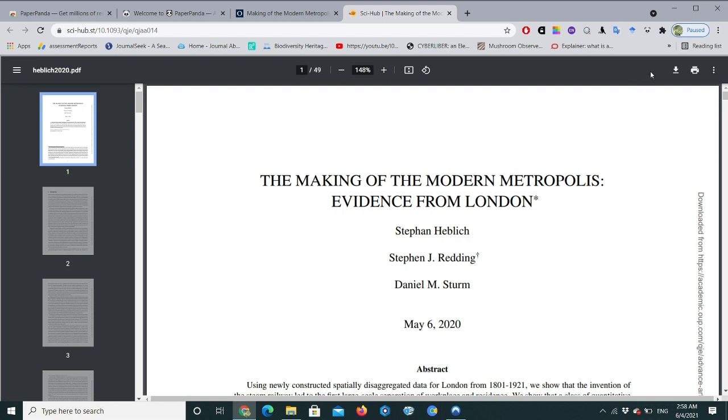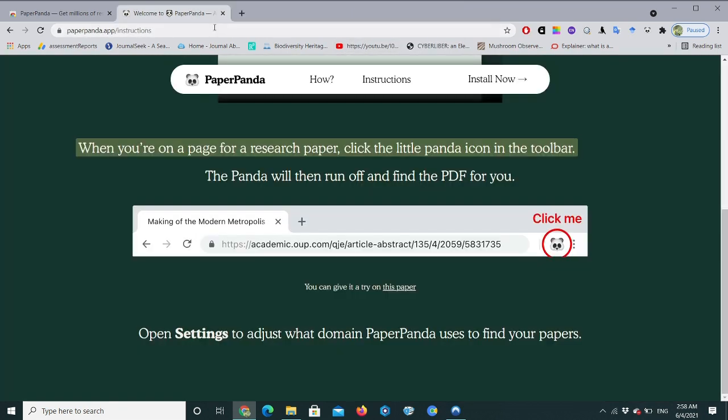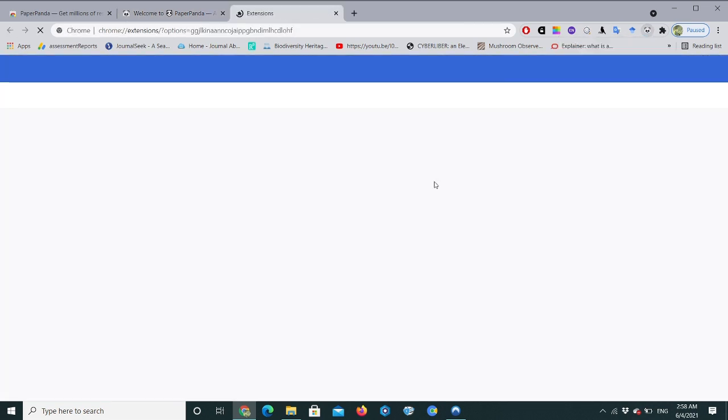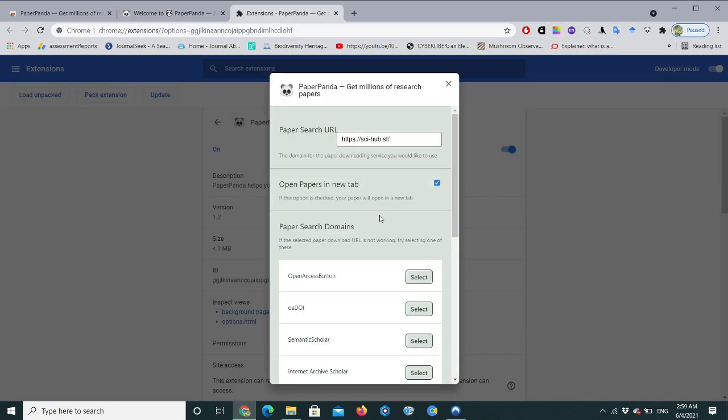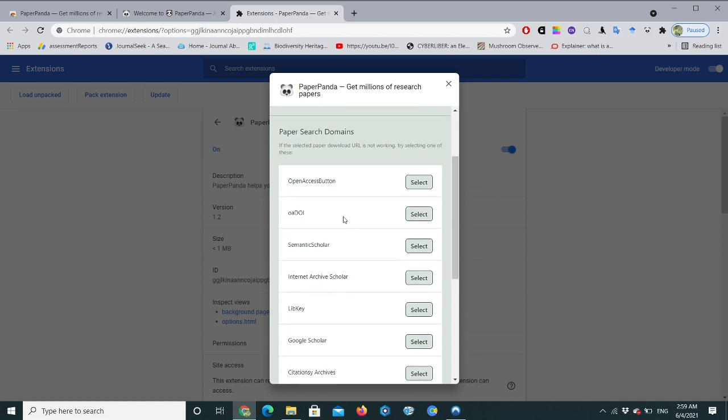So how will you do it? For example, let's close it, and click on this icon and go to setting. So in setting, if you look down below, there is paper search domains. So we have many domains.